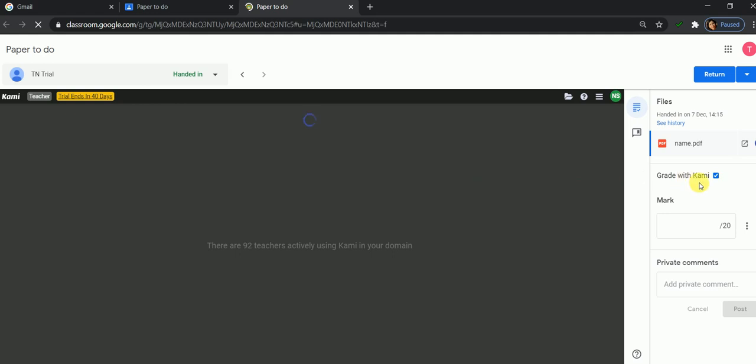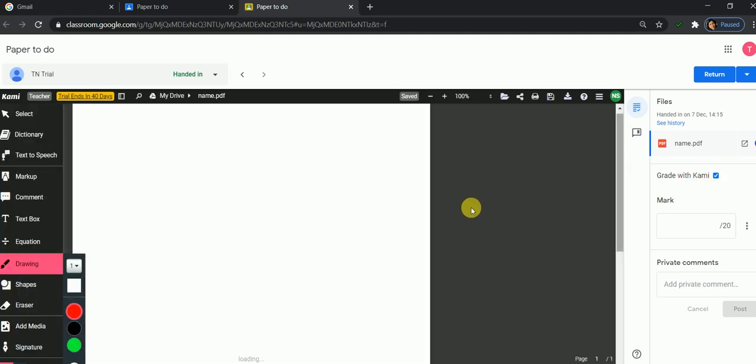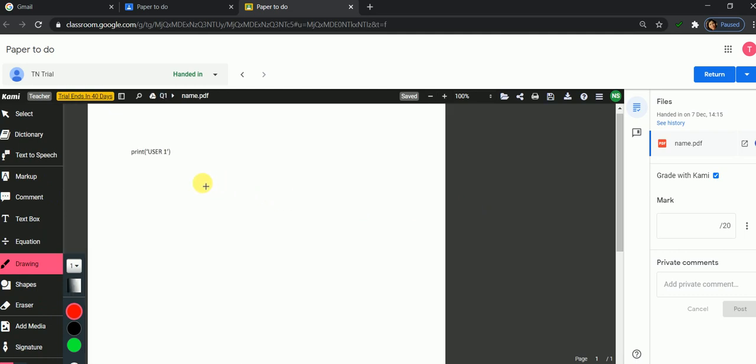And now you can see no need to check it for the second time because it is already being checked. So this student has just given me the answer of only one question. So I'll just do the correction and it is okay. There is no error. I'll just assign 10 marks. And here I'll write 10 because one question is not attempted by the student.